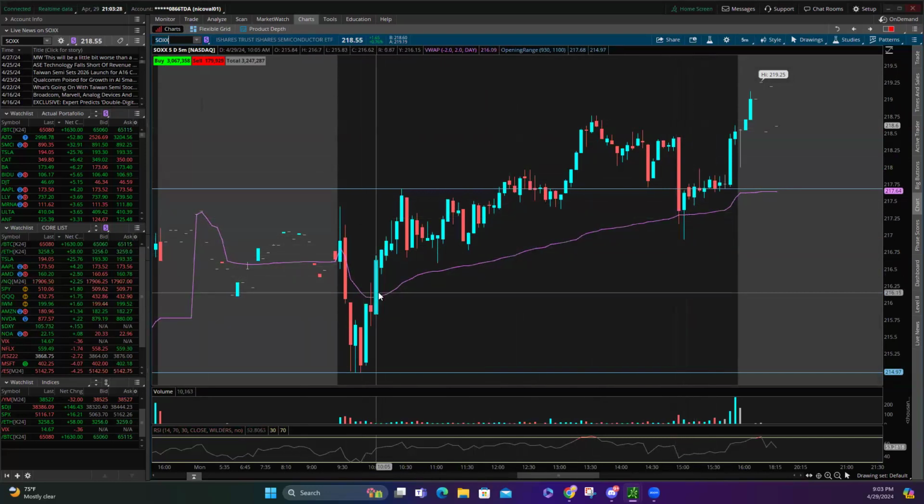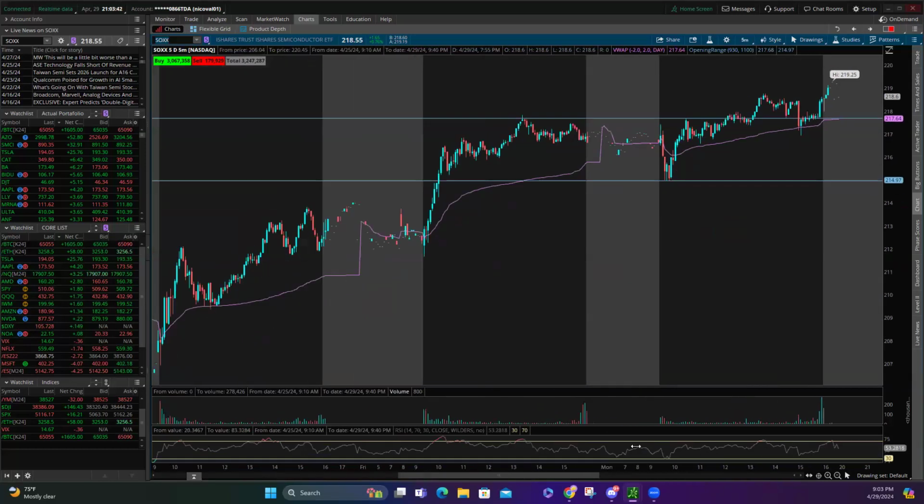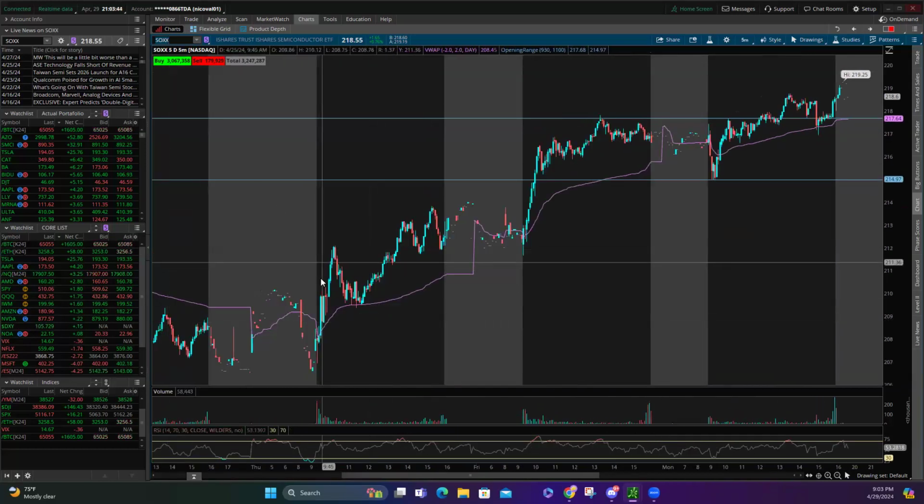But you have to be careful with how many touches you have, and that's how you can use it to know that we are in an upward trend. We're in a bullish trend when we are above VWAP, or we are in a bearish trend when we are below. Look at SOX, it's been up, up, up. So it's really nice.